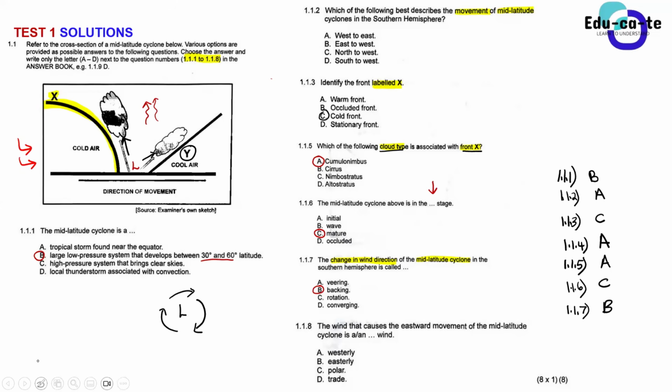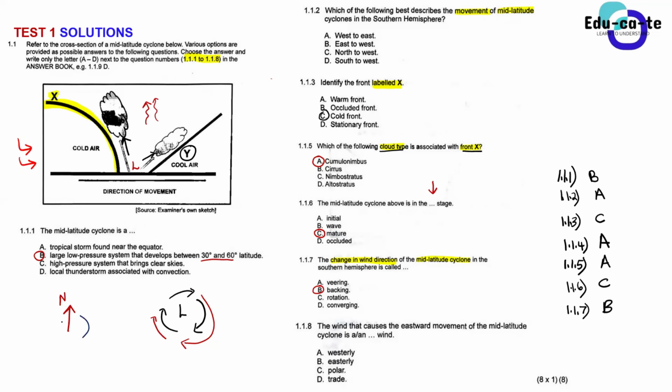So if you are having the wind that is moving northwards, for example, let's just say this wind is moving northwards, because this low pressure system is circulating in a clockwise way, what will happen to this wind? It will also start backing, or it will also change its direction, so that it starts circulating in a clockwise way.